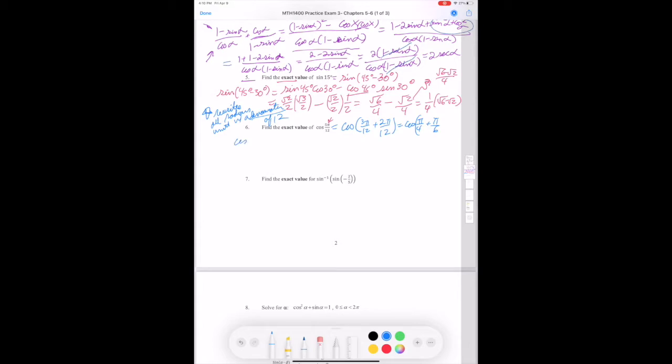So I'm going to have cosine pi over 6, cosine pi over 4, the order doesn't matter, minus sine pi over 6, sine pi over 4, which is going to give us the exact answer. Cosine of pi over 6 is the square root of 3 over 2. Cosine of pi over 4 is the square root of 2 over 2. Minus sine of pi over 6, which is 1/2, times sine of pi over 4, which is the square root of 2 over 2, which again gives us the square root of 6 minus the square root of 2